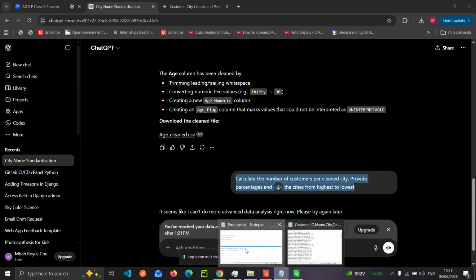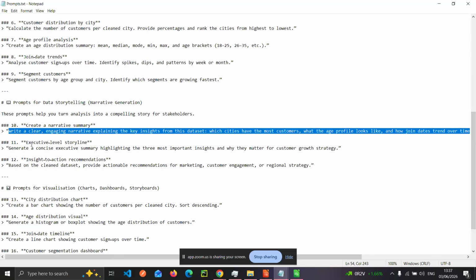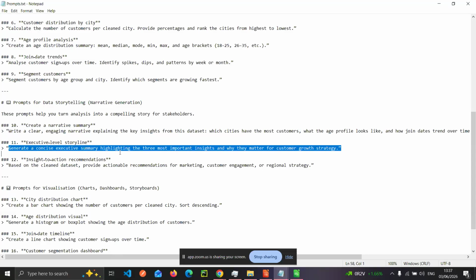We have several other prompts in that file which you could use for data storytelling. That is, you could generate a concise executive summary highlighting the three most important insights and why they matter for each customer growth strategy.